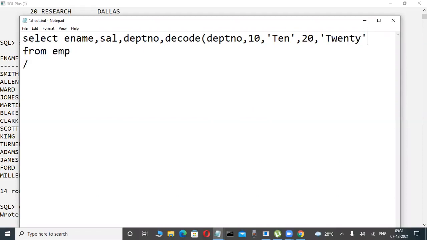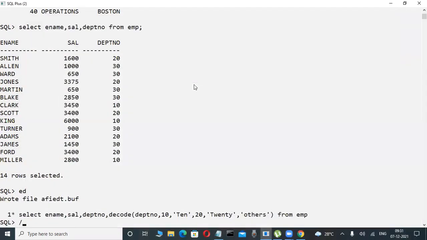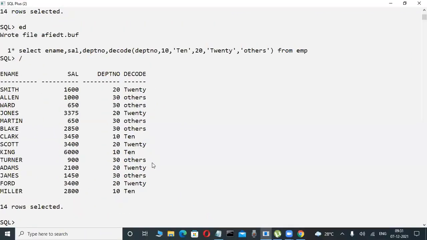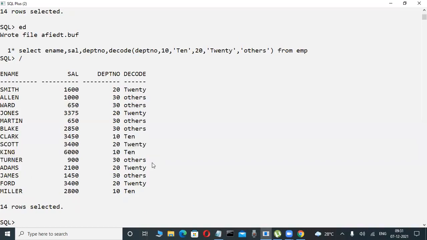And now here, remaining all other values I don't want to. Suppose department number is equal to 30. So here I want to display 30. Otherwise, for remaining all the values, the else part, I want to display others. Possible or not? Yes, possible. And now check it out. So 10 means 10, 20 means 20, 30 means others, it will be displayed or not? Yes, this is the reporting side. In place of number, it will display what? Strings also possible or not? Yes, here, write this one.